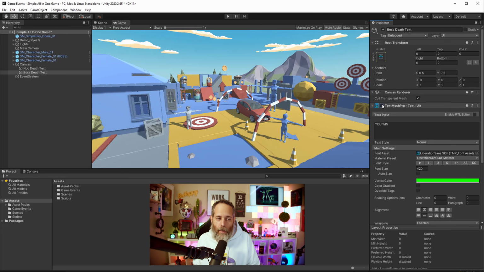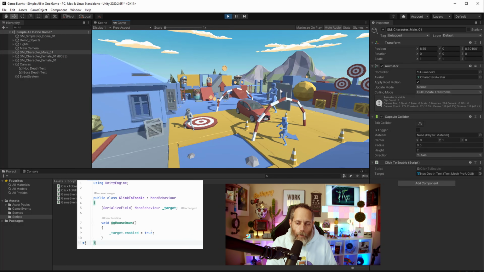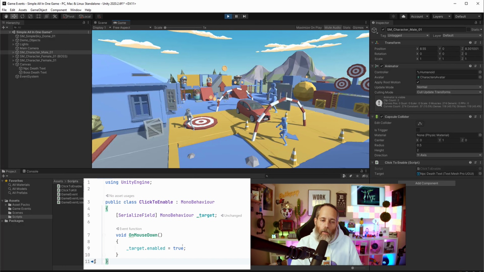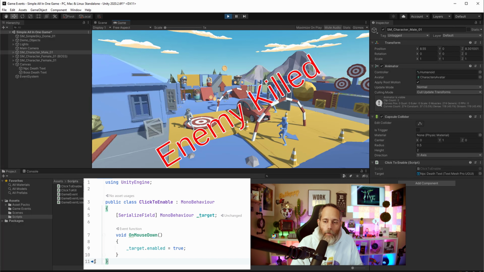Or I want something to happen there. Pretty easy for me to hook that all up. I could create a simple click to enable script that allows me to click on the NPC and make the text appear. But what happens down the road when my project grows and I actually need to start splitting things out? Maybe moving my UI into a separate scene or having things that are in different scenes interact with each